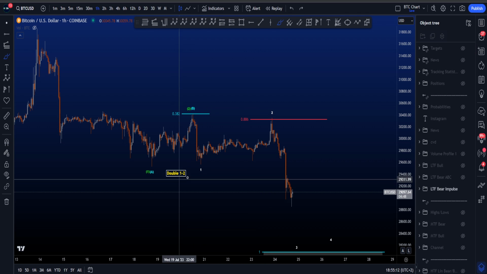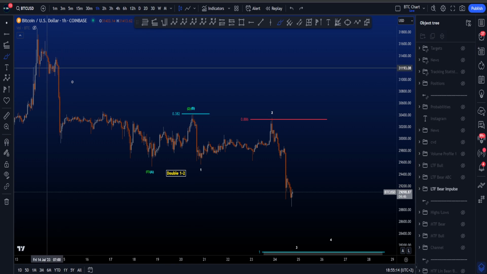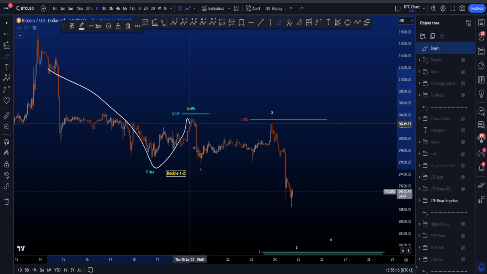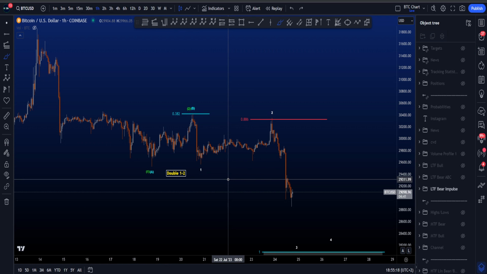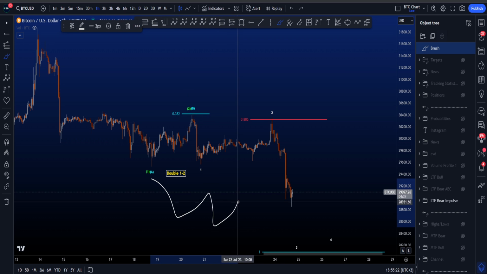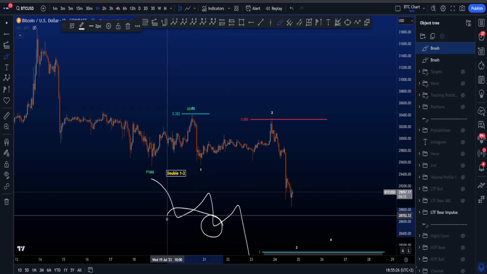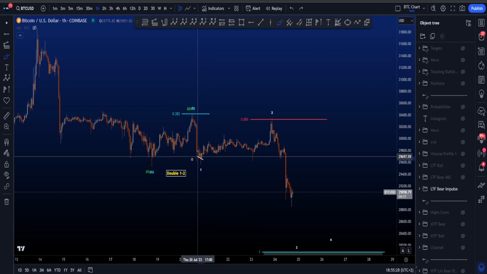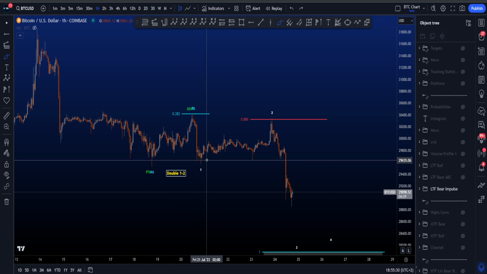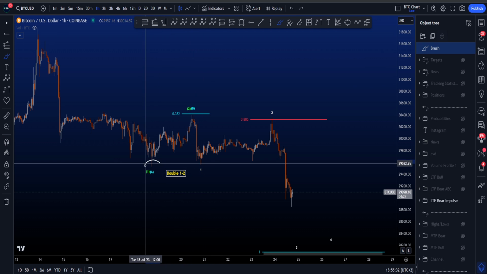And then finally, if we are looking for a double 1, 2, with this being a 1, 2 and then another 1, 2, what you usually most commonly want to see is a wave 1, 2, 1, 2 and then a move to the downside, where the second wave 1 takes the low of the first wave 1. But you can see that is not the case over here, as this second wave 1 is higher than the